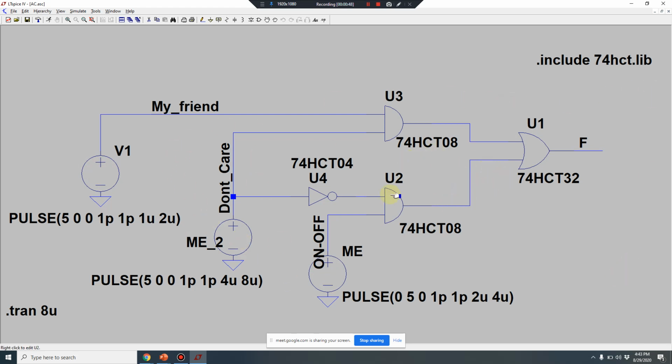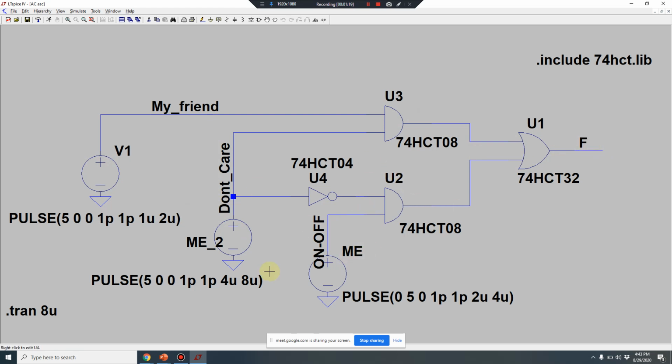Okay, so the problem statement is that I should be able to switch the fan on and off. This is the control switch which is available, and this is the switch which is a don't care switch. If the don't care switch is off, the control will be with me. If I put the don't care switch on, like I don't care whatever he does, only then his input will be available for the fan.